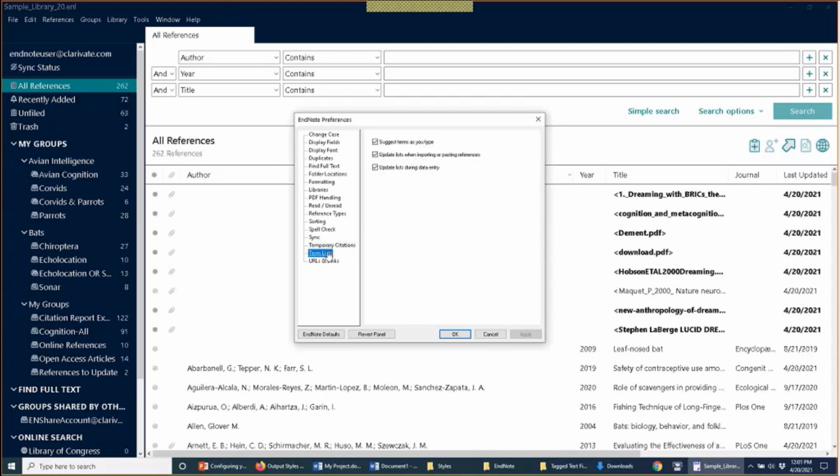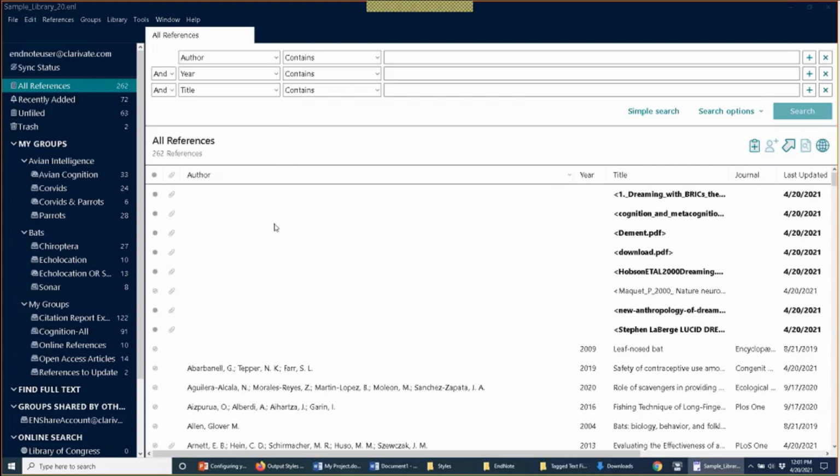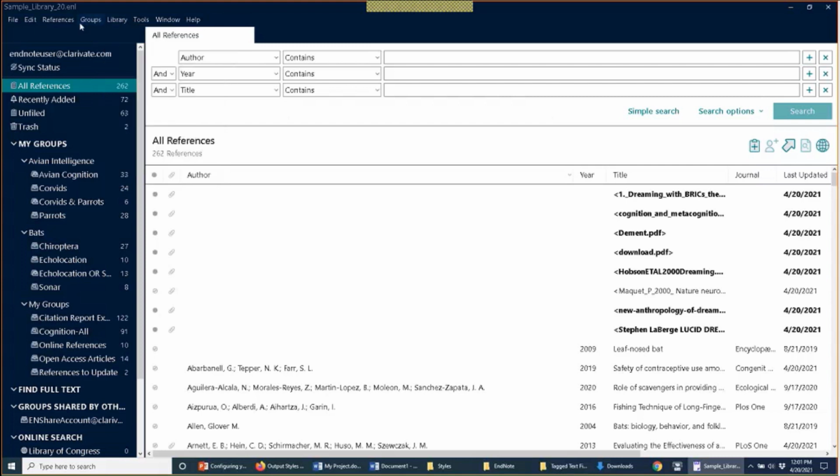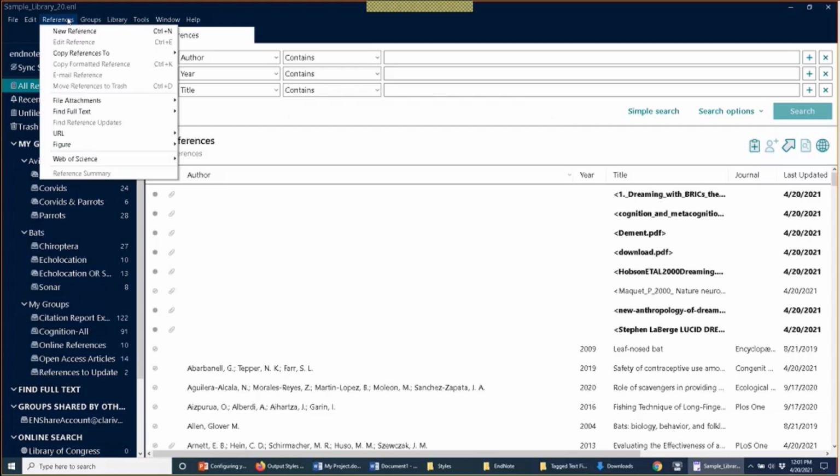So finally, we've got the term lists tab. Again, as I was mentioning, term lists is worthy of a lesson of its own, and it's basically an element of your EndNote library, where EndNote will look at a field or a series of fields to take note of the terms that you add to that particular field in your EndNote library, so that EndNote can suggest that term going forward. So just as an example here in my sample library, if I go to references and I choose new reference,